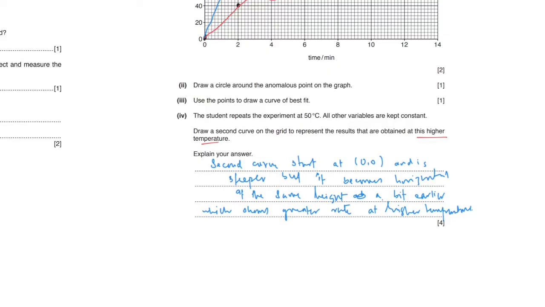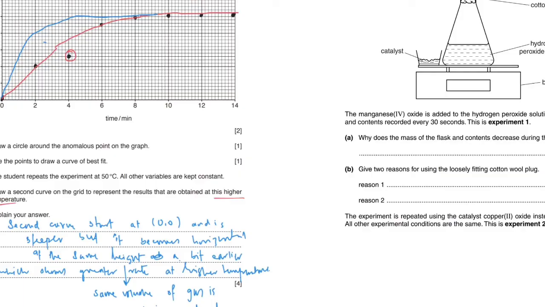So I've explained it. Hopefully you guys will be able to do this. But the point that I missed actually was that since it is gaining the same height, it means that same volume of gas is being produced. Because this curve has actually two parts. The first thing is it is steeper, and the second thing is that it's getting horizontal at the same point as the previous curve. So you have to explain both of these dynamics. Okay, so let's move on.